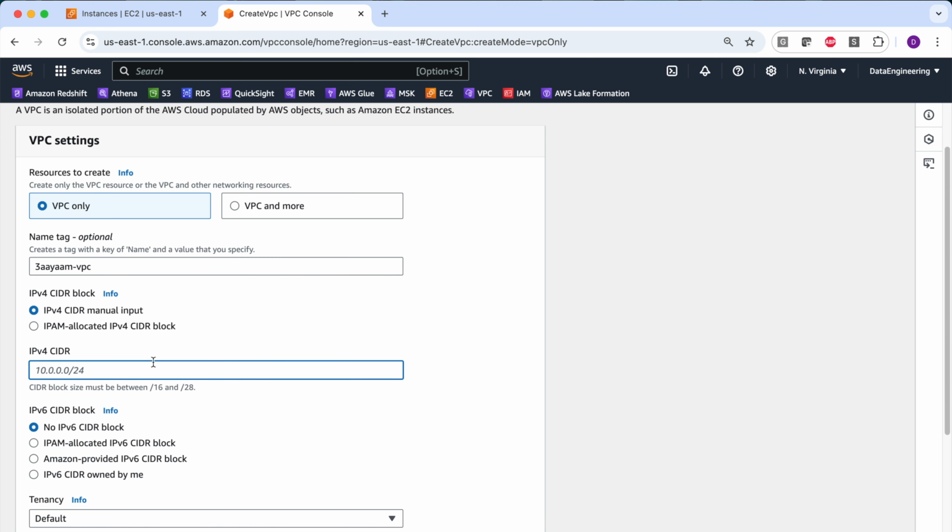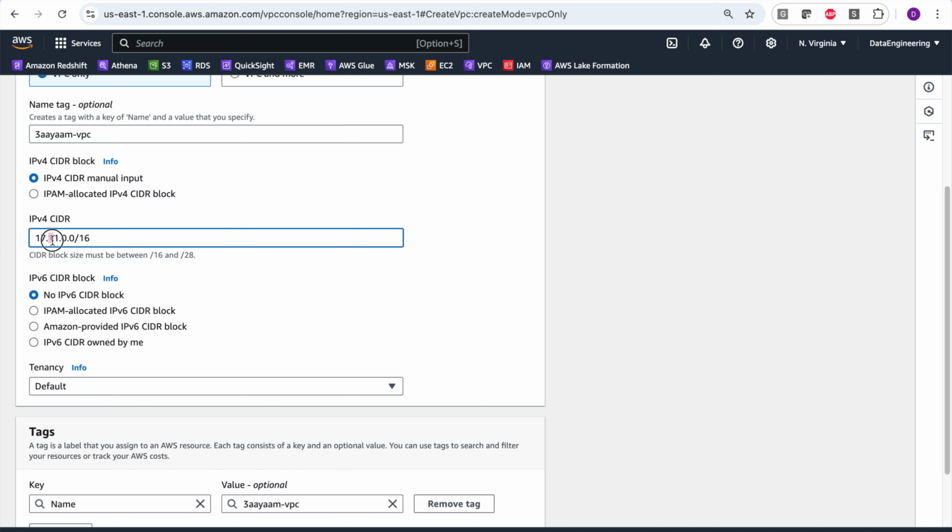Now we have to mention a CIDR block. So the CIDR block is basically the network address. Let me mention 17.11.0.0/16. Now what am I saying here? I'm saying that the first 16 bits or the first 2 octets belong to the network. So that is 17, which is the first octet, and 11 is the second octet. So the first 2 octets belong to the network and the last 2 octets or the last 16 bits belong